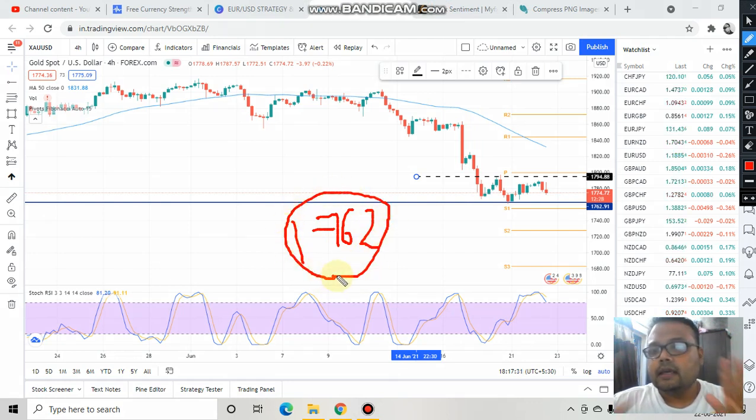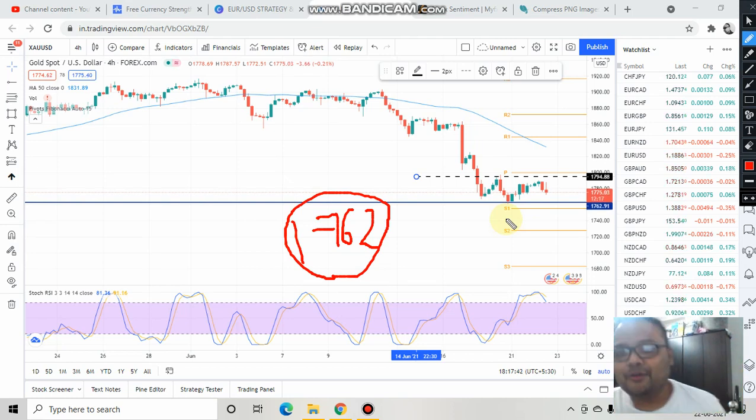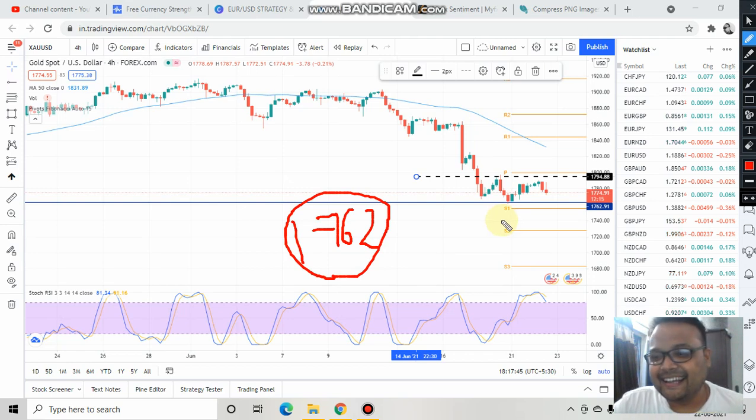In case you find market taking support at this level and you just observe the price, then try to understand the market psychology again. Yes, your duty is to observe the market. So in case market comes down and takes support at this level, just see how the price is doing, just see how the price is reacting. If you see that price is forming a hammer kind of a pattern, if you see that price is being rejected from below, if you see market forming green candle like this, then you'll get the confirmation that yes, 1762 is a support for